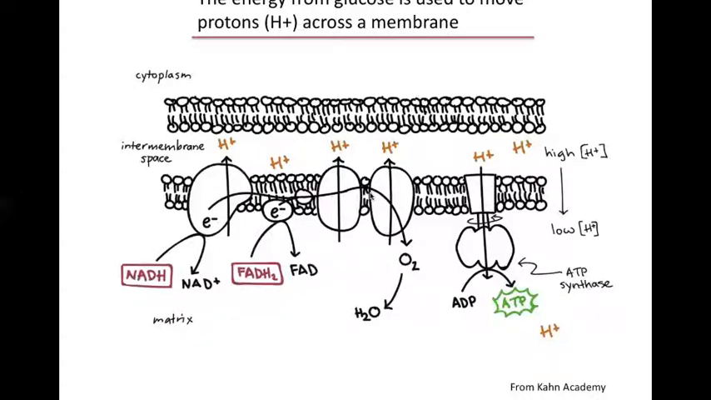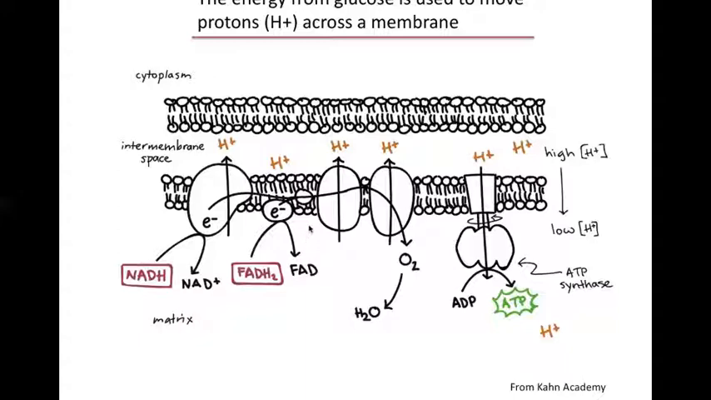It gets it from its neighbor. This one then has a space for an electron here. It gets it from a neighbor, and ultimately it grabs it off NADH, which ultimately grabbed it off glucose. So it's a long chain of electrons giving up energy bit by bit until they finally end up at oxygen. To what end? What you've achieved here is an